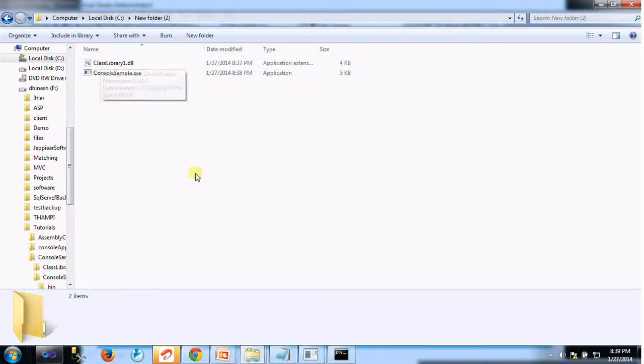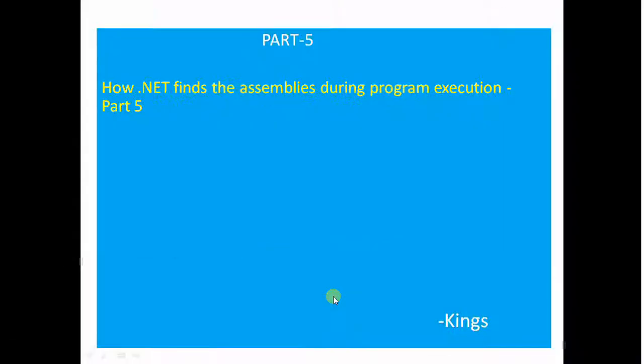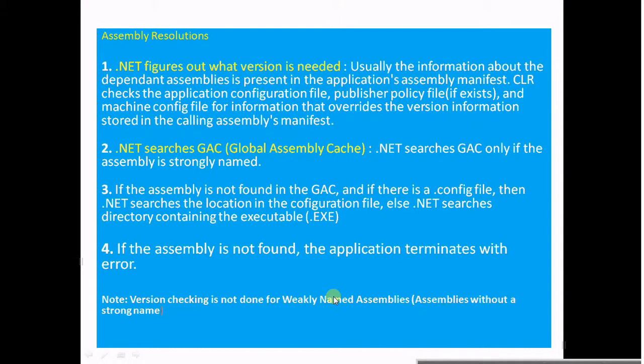In the .NET Framework, how does it find assemblies in their locations? The .NET Framework has a set of rules for this, called the assembly resolution algorithm.